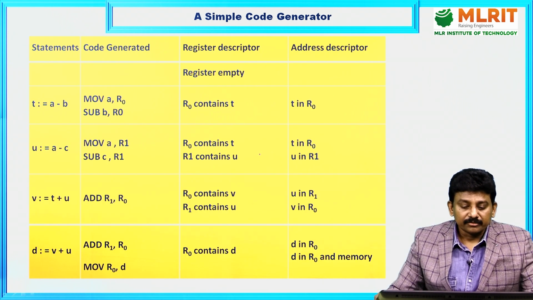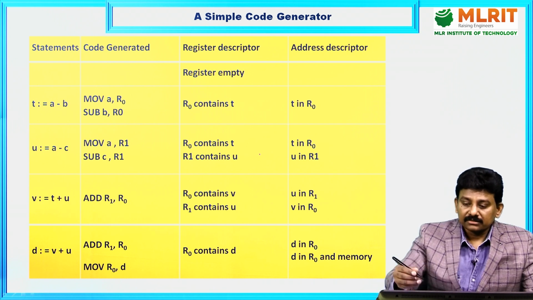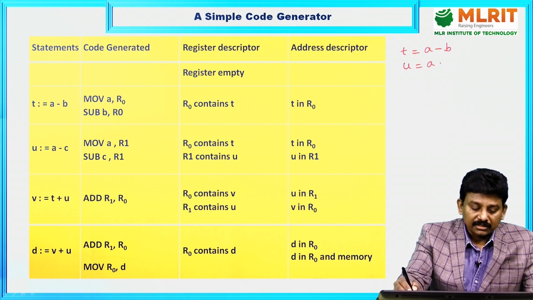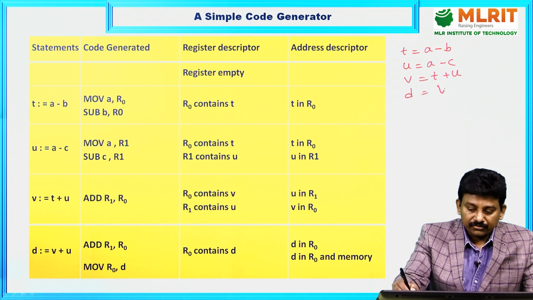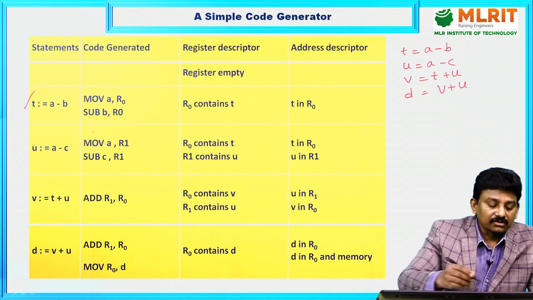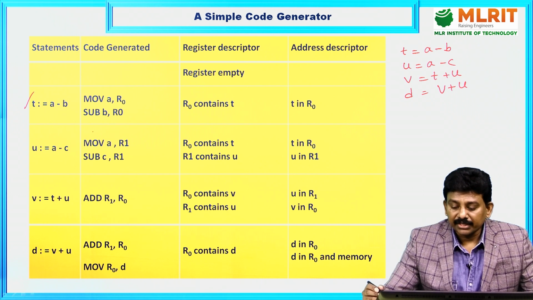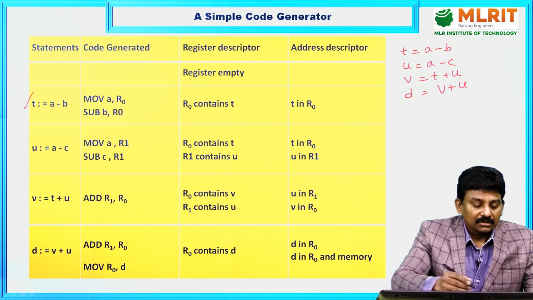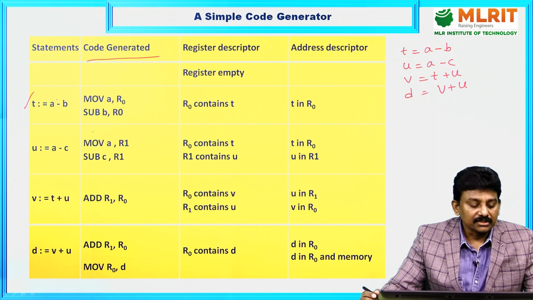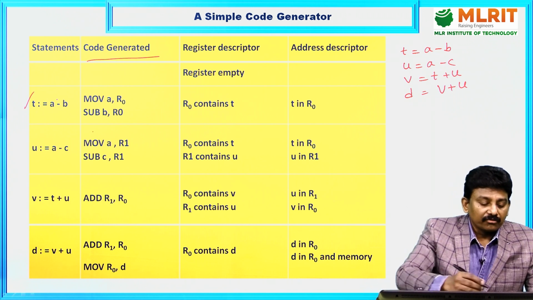Then, the assembly code statements for these given three address statements. The three address statements are t is equal to a minus b, u is equal to a minus c, v is equal to t plus u, d is equal to v plus u. First statement, t is equal to a minus b, that is a three address statement. The code generated for this statement is, first we will